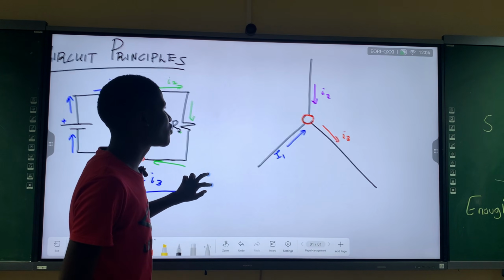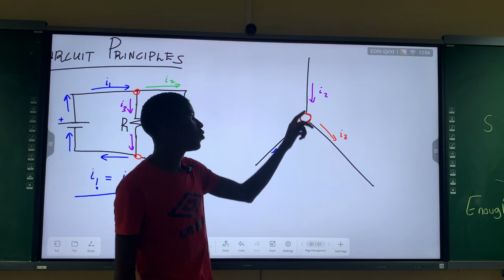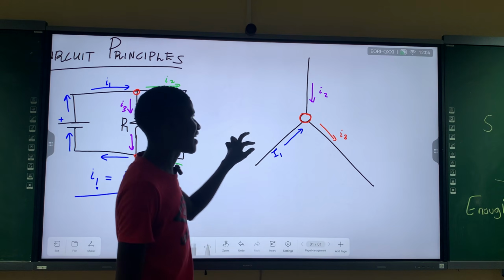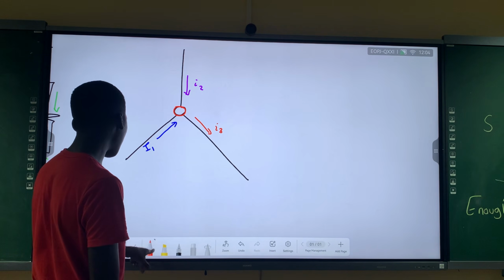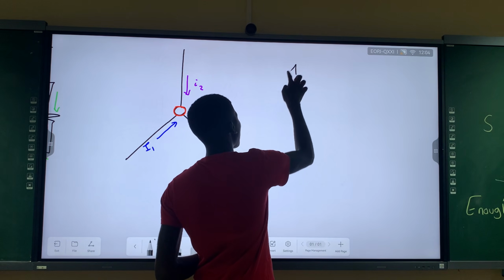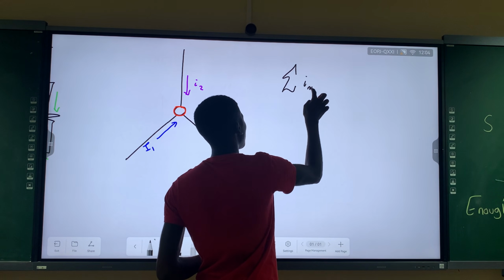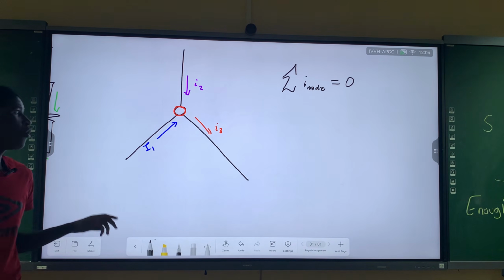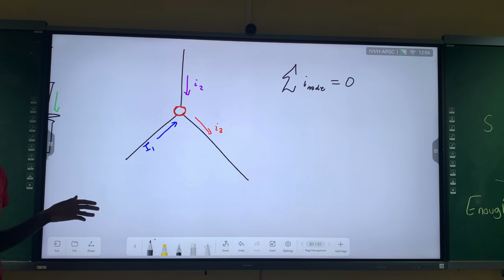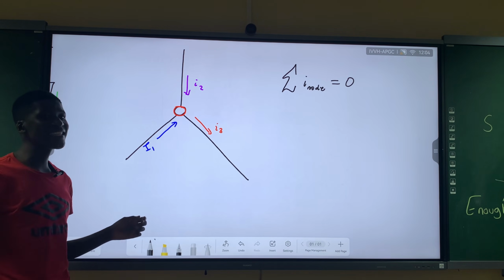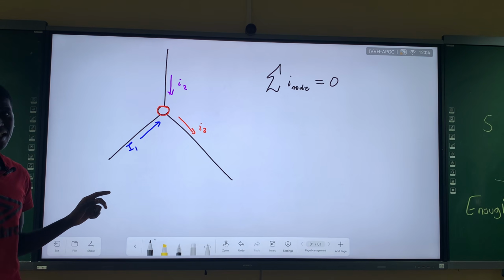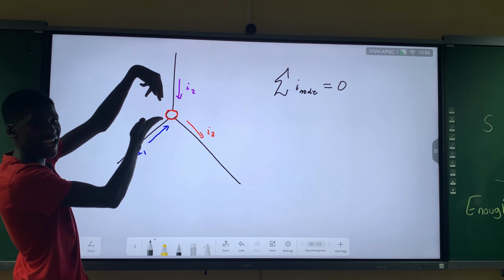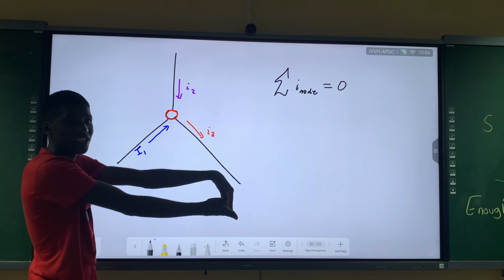So basically, the total of all these currents flowing into and out of the node must be equal to 0. That is Kirchhoff's current law: the total current flowing through a certain node is equal to 0. But you might ask yourself, why is it 0? It is because of the sign we assign to the current. As I1 and I2 combine, the total current goes to this part, I3.